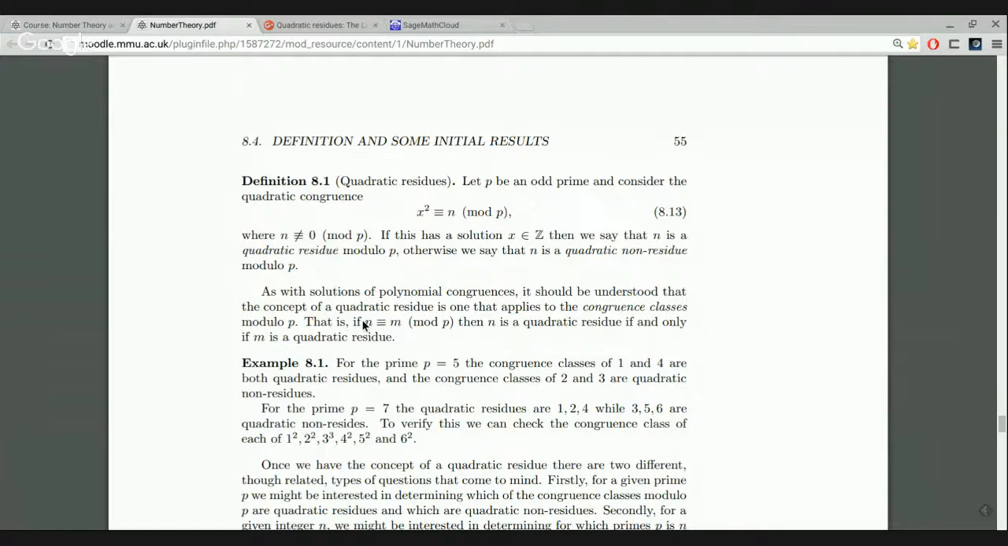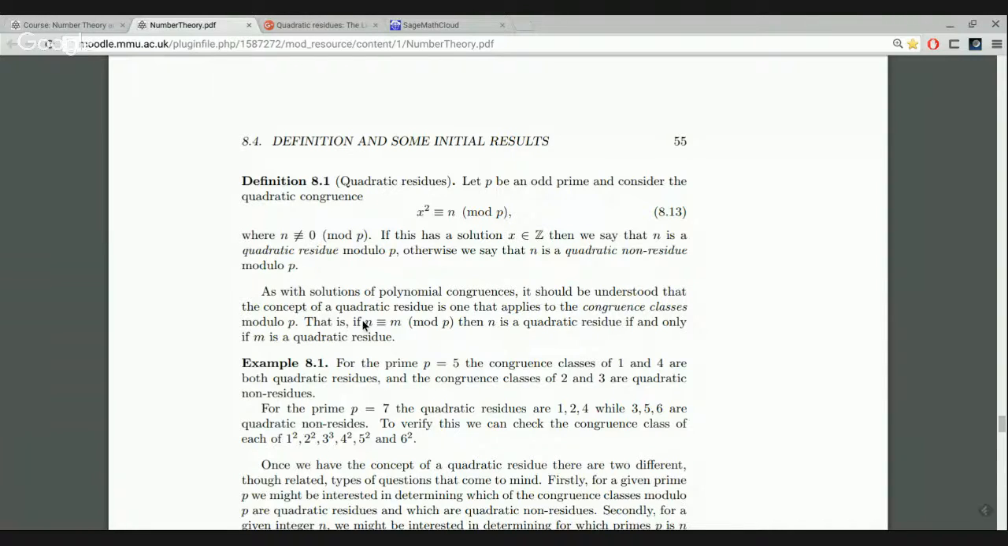So we've had an introduction to quadratic residues. We've had 2 lectures on them last week. Now, just a quick reminder, a quadratic residue